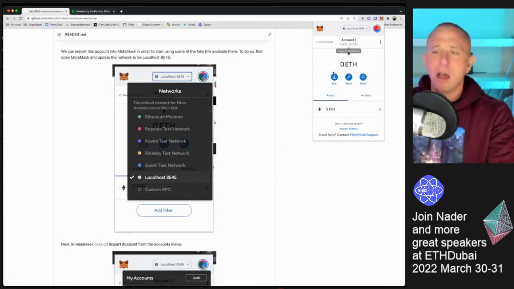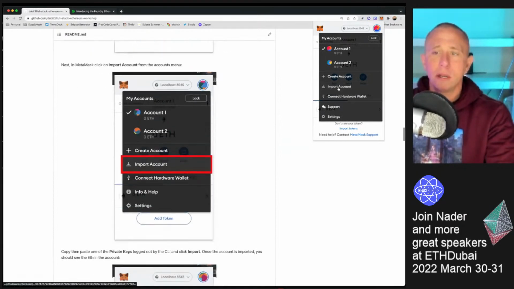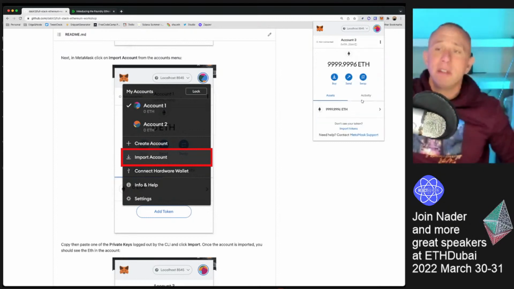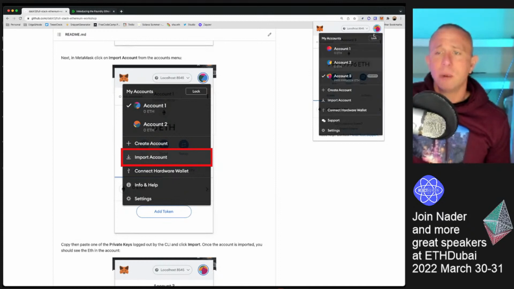What I'm going to do now is go to import accounts right here. We have this button at the top right corner. I'm going to go to import account. I think I have it documented right here. Yeah, import account, private key. I'm just going to paste that private key there and click import. Now you see that we have this account number 3 along with our other 2 accounts. And then this one has